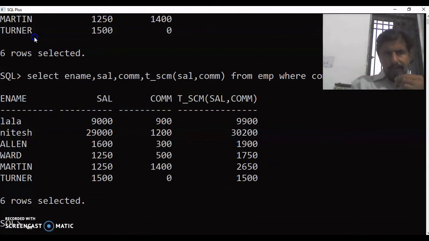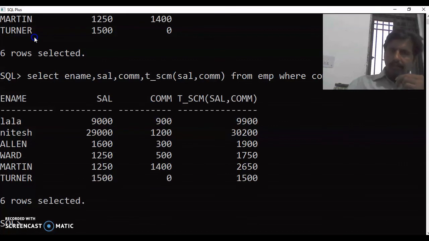So here we can see that the commission is added. In the last column you can see the total of the salary plus commission. This is how you can call a user defined function along with the query.